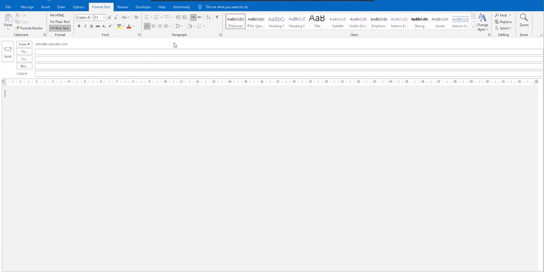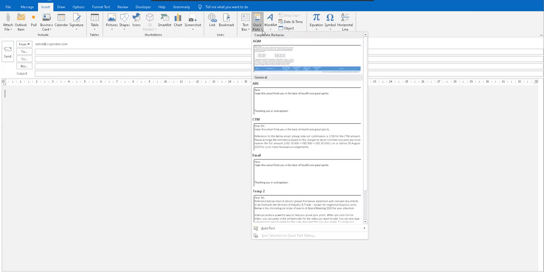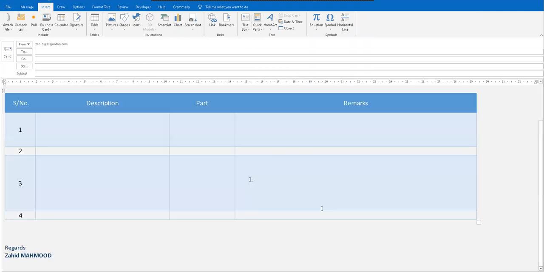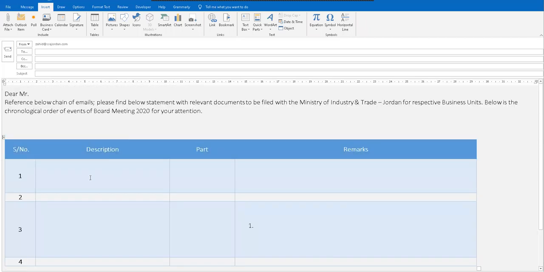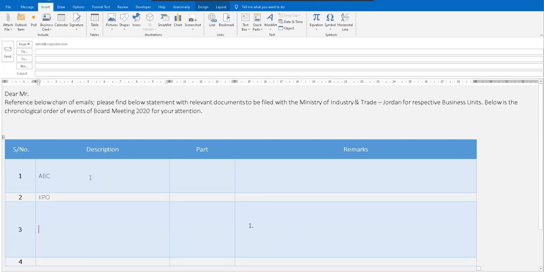put it as rich text. Okay. I will retrieve one of my templates, which I use too much. I will go into the insert tab, quick parts, and set this template. Okay, so the file is ABC. I'm just giving you an idea. KPO, FRT, CYN. Whatever the description, whatever the comment you put over here, it doesn't matter.